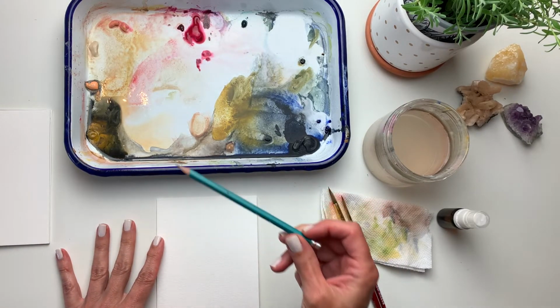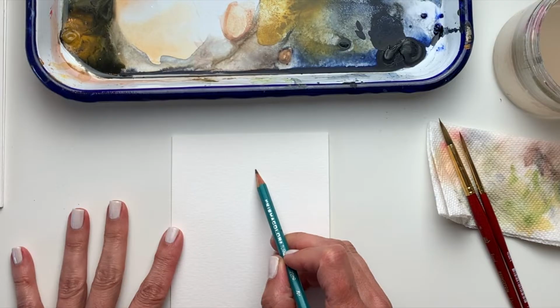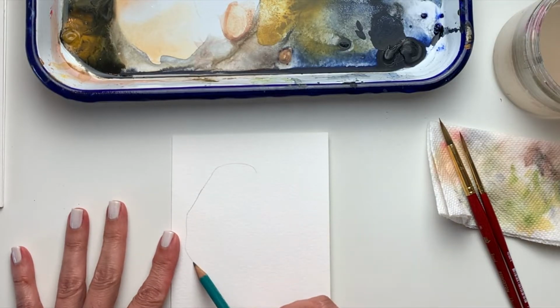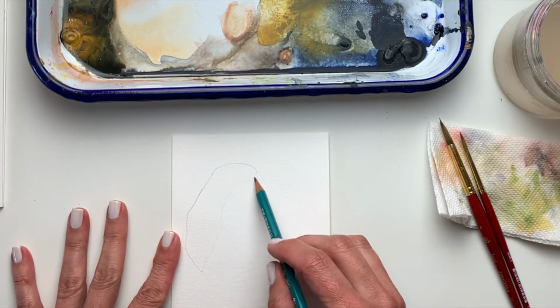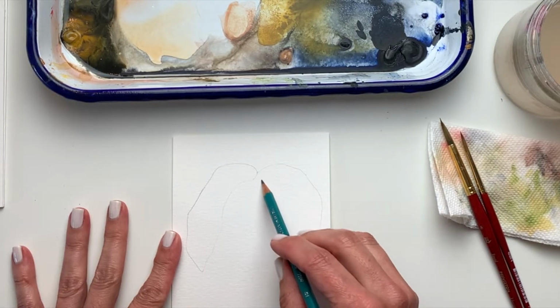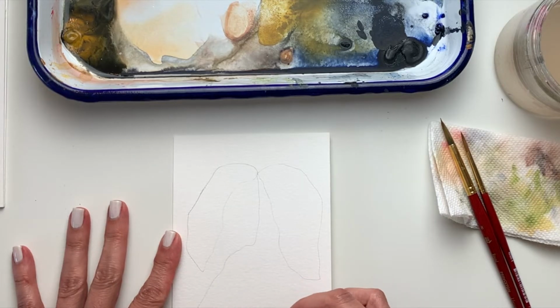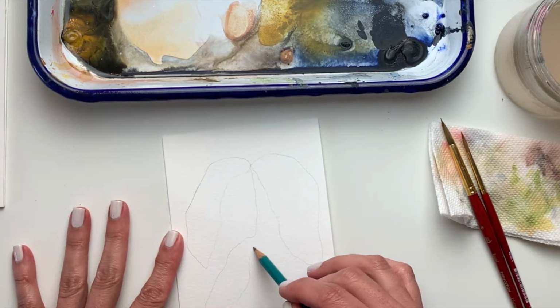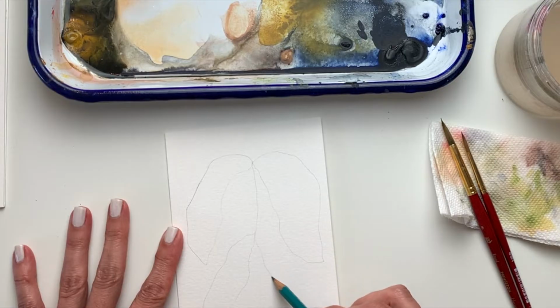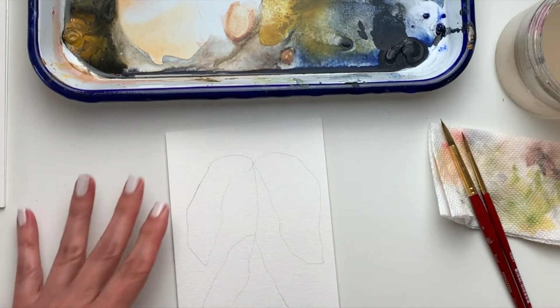This is a 4H, very lightly. I'm going to go a little bit darker so that you can see. We'll start with the top here. Very lightly, we're just going to draw some abstract, really flowy sort of leaf shapes. I want them to resemble a stem. Don't love the tip of that one, but we're just going to do some really fun watercolor practice